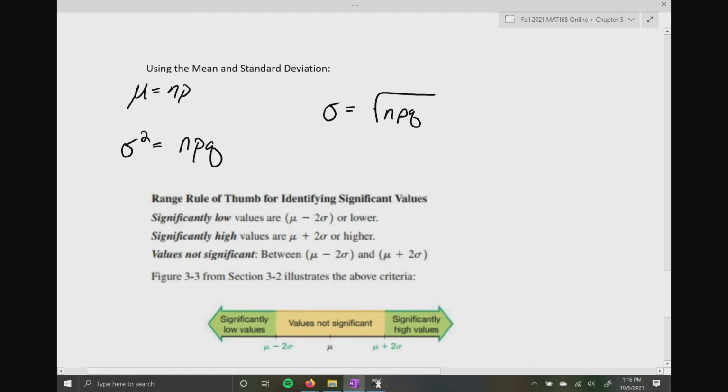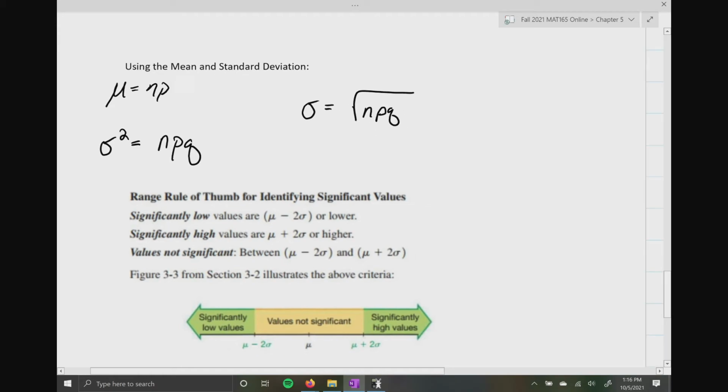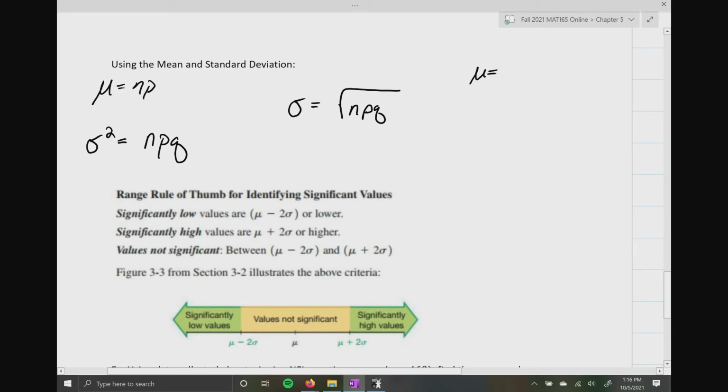So if we use that previous example here, mu is going to be the average number of questions I would expect to get correct. Well, we have 5 questions with a probability of success of 0.2. So if I take 5 times 0.2, I would expect to get 1 question correct, which, if we go back to that example,